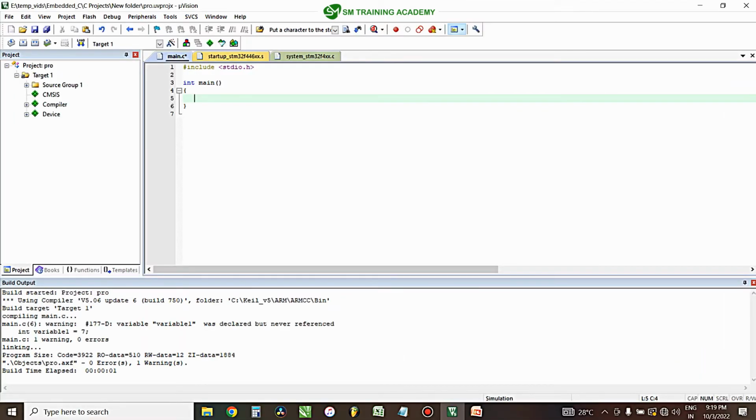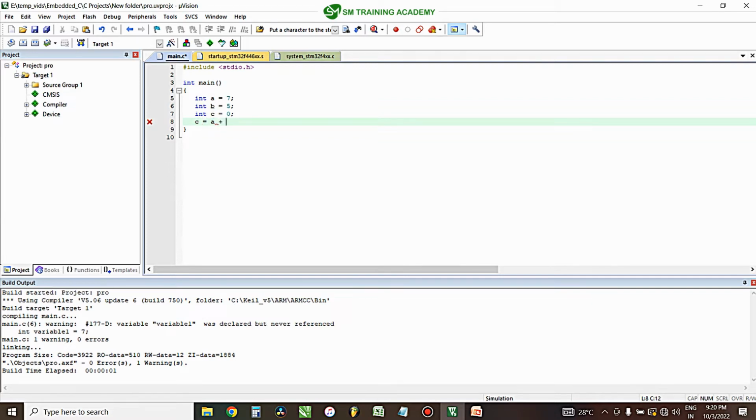So now I am just going to declare two different variables, a is equal to 7 and another variable I am just going to declare right over here, that is b is equal to 5. And again I am going to declare another variable c and assign it the value 0. And as soon as I complete the declaration and definition of all these variables, I am just going to write